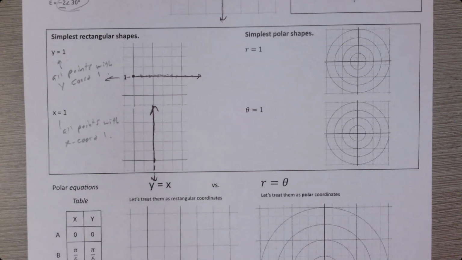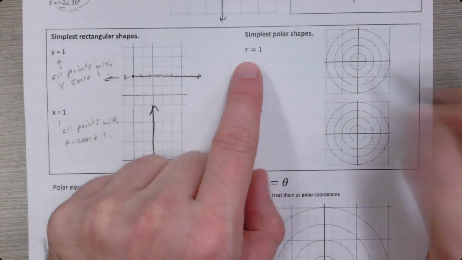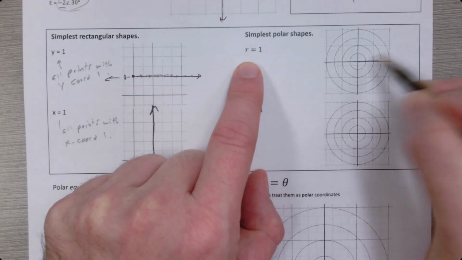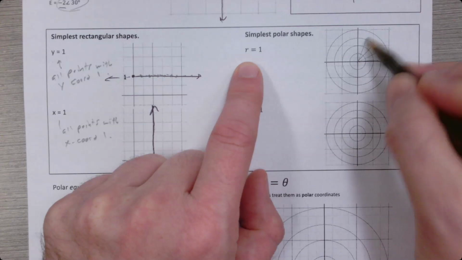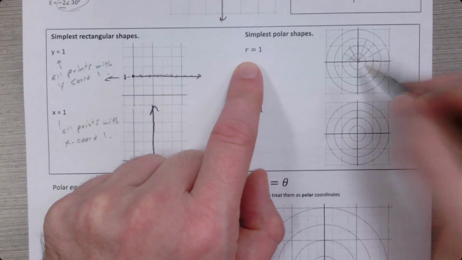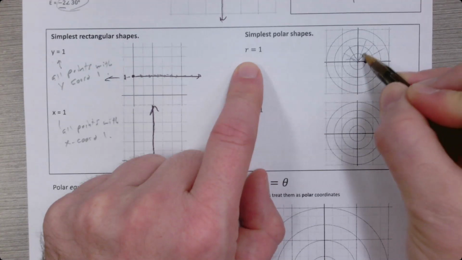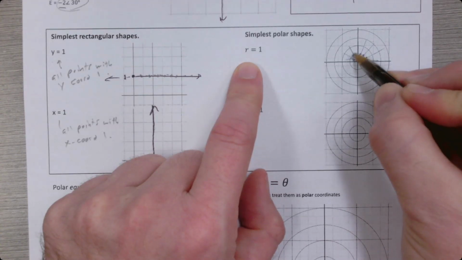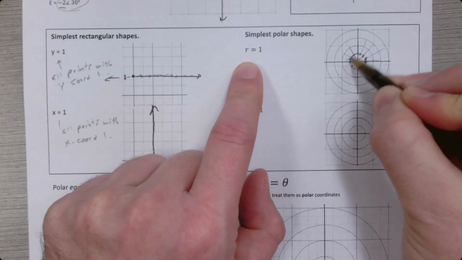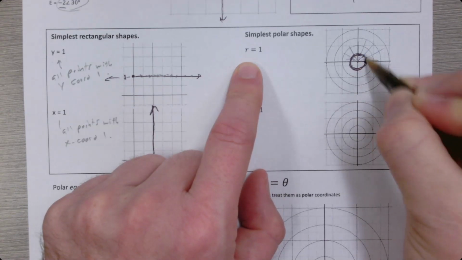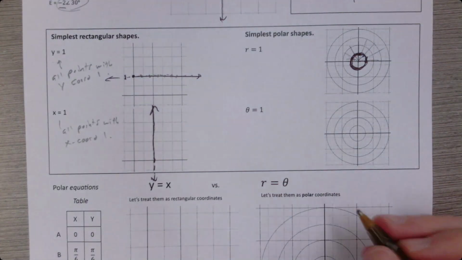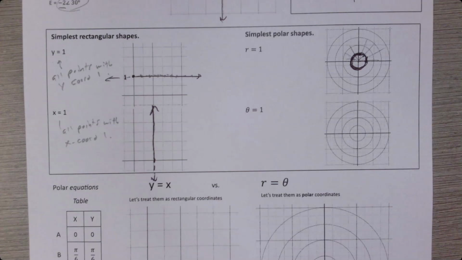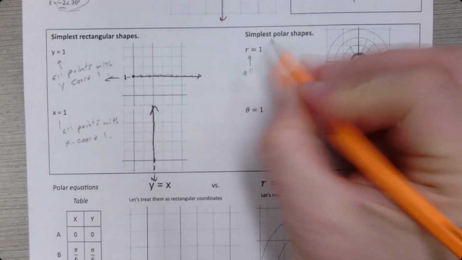So r is the radius, but I could imagine different angles. I could imagine an angle of 0 degrees and 30 degrees and 45 and 60 and all the different angles. But what's common is the distance I go for every single angle is going to be 1. So no matter what direction I'm facing, I go out a distance of 1. So that's going to make a circle of radius 1. And that's the graph of that equation. So this is all points